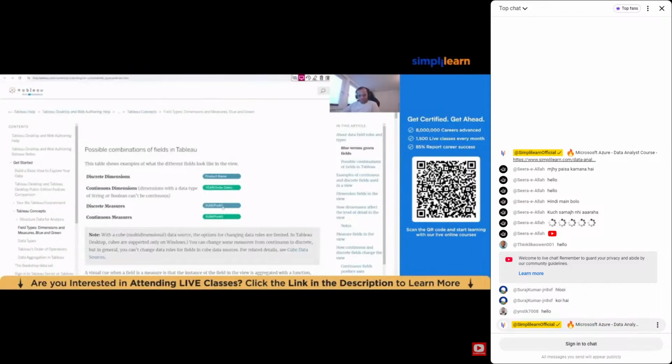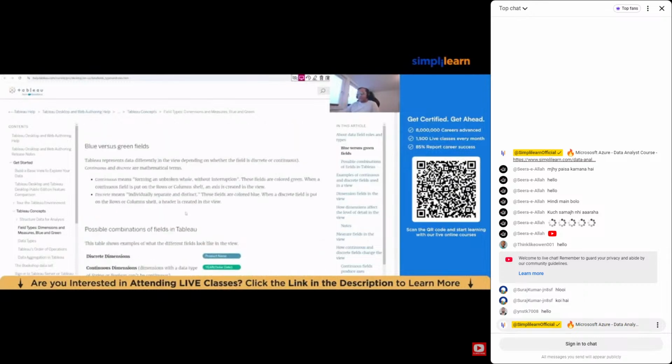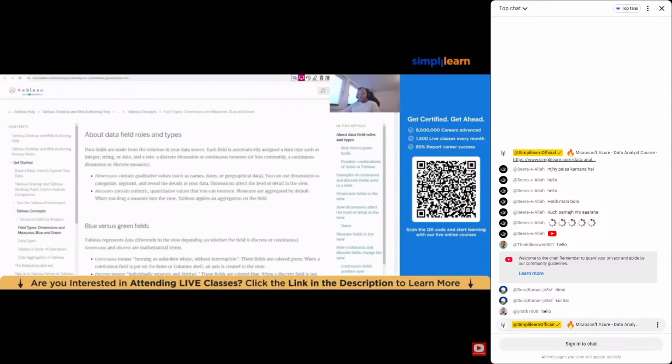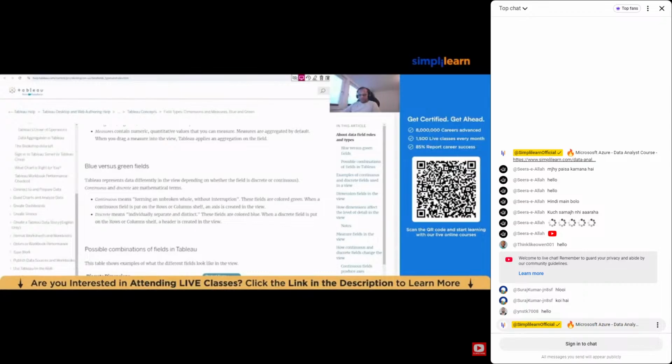I think it will not be so easy to understand this concept, but once we go to the practical part, then you'll understand it. But at least remember these four words: dimensions, measures, discrete, and continuous. Discrete means they are separate, while continuous means it's a continuous value. And as I said, dimensions are by default discrete and measures